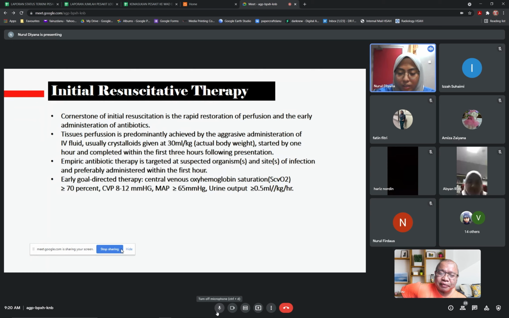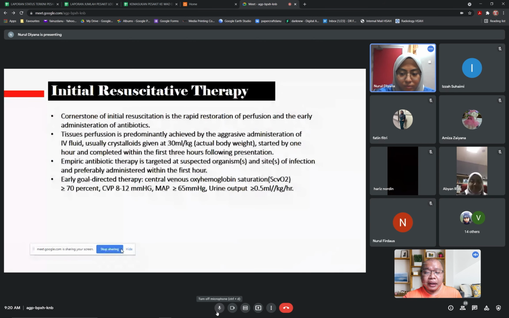Yang ni saya tengok dia ada macam ikut CVP, tapi dia ada macam machine yang attach pada macam fiber something, tapi saya tak pernah tengok lah kat sini. Okay, so early goal directed therapy ni is actually a term tau. Early goal directed therapy ni precedes all the sepsis punya guideline ni. I think it's a recommendation masa surviving sepsis punya campaign yang pertama, masa mula-mula dia orang ada gerakan